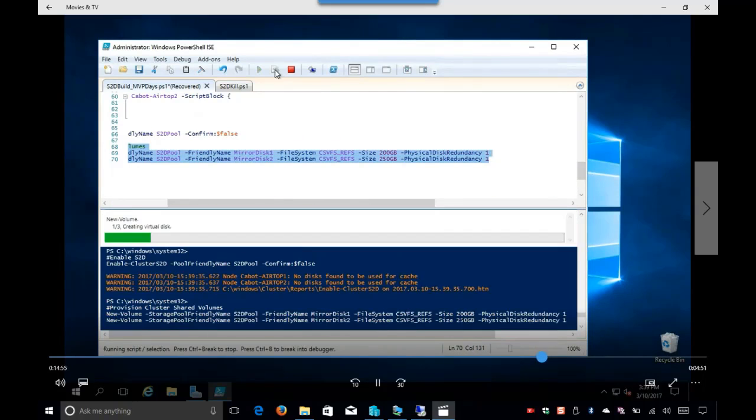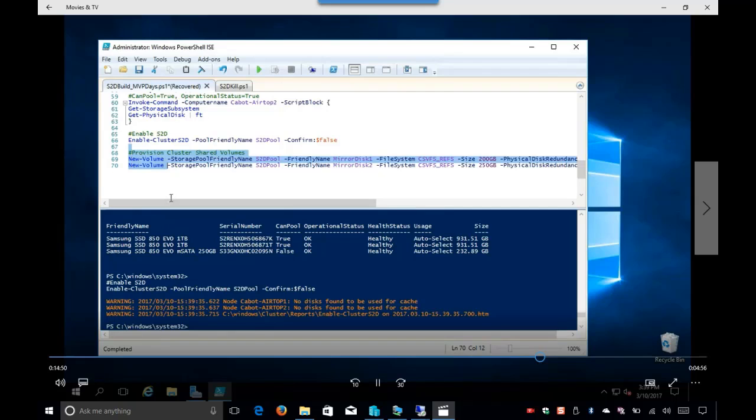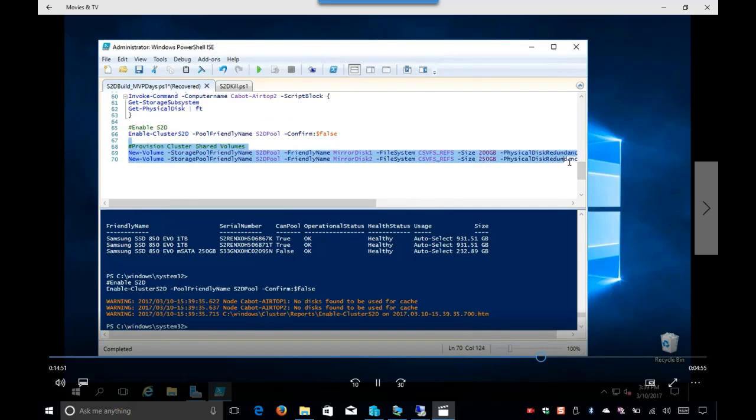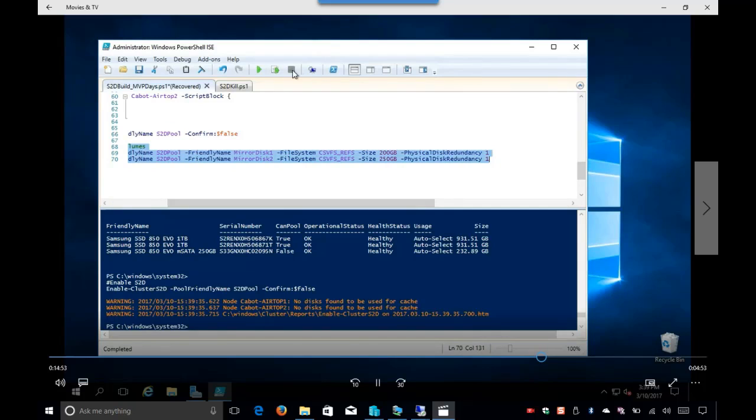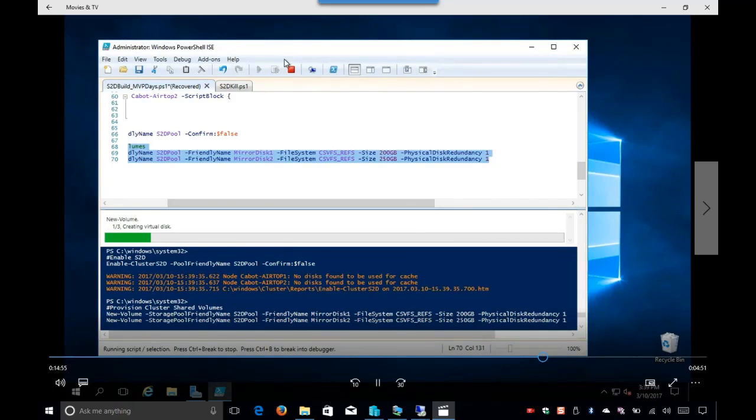So then, once my cluster has been created, I create a couple of volumes, right? So what I do here is I could specify the level of redundancy that I want on my drives, on my volumes, right? So by selecting physical disk redundancy of 1, I can lose a disk. I can lose a disk here, I can lose a disk here. Once she's done,